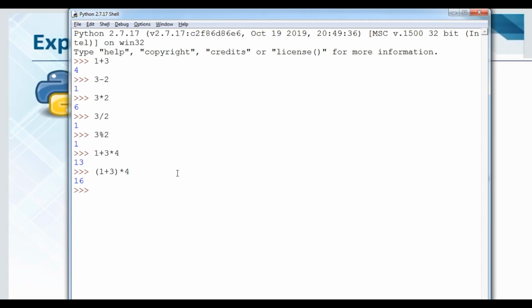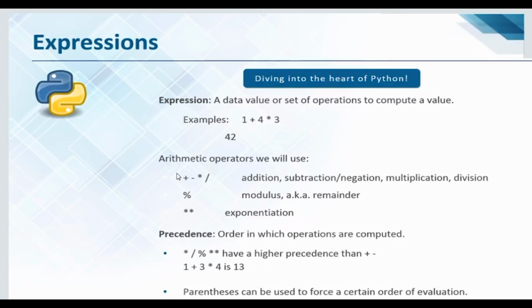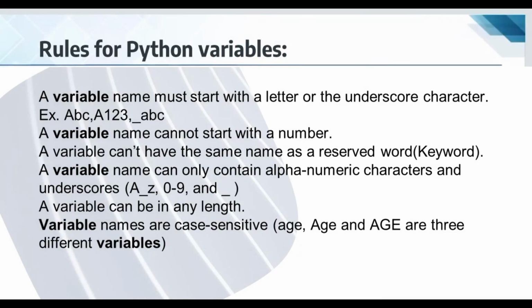Okay student, so we have understood how to perform the expression. Next thing we will understand is the rules for Python variables. Okay student, so first of all we have to understand what is a variable. A variable is actually a name given to the computer to store a value. Value means literal. So here are some naming rules, or the variable notation. In the syllabus it is written as notation of the variables. It is also termed the naming rules for Python variables.